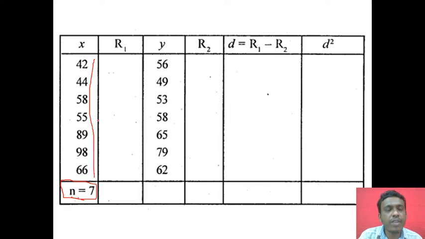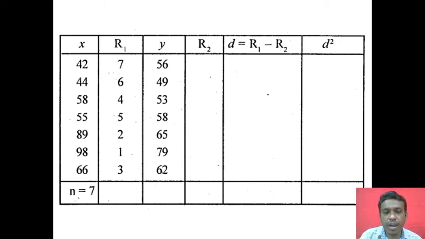Now suppose these are marks obtained by students in a particular subject. Definitely this person will get the first rank, that is rank number 1. Similarly, rank 2 will go to this. Rank 3, that is third rank, will be for this person. The fourth rank will be for this. Fifth will be for this. Sixth will be for this, and seventh will be for this. So these were the 7 ranks, and there are no ties in this, remember, because if ties come, there is some other procedure you have to follow, which we'll see in later videos. So these are the ranks that we have got: 1, 2, 3, 4, 5, 6, 7.